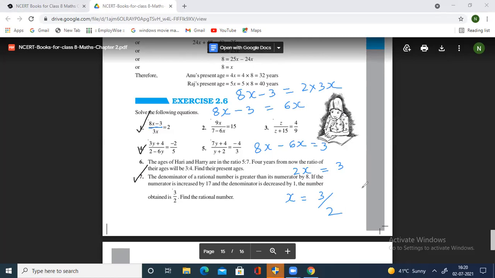So what is the main point here? This is in division. So when it goes to the other side, it will be in multiplication. And this whole is plus sign with plus sign. When it moves to the other side, it will be minus 6x. Minus 3 will become plus 3. And then you solve it.